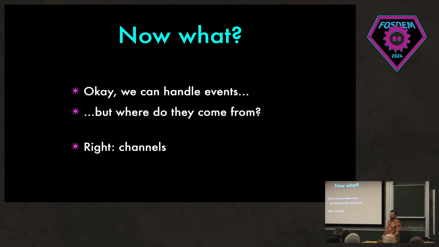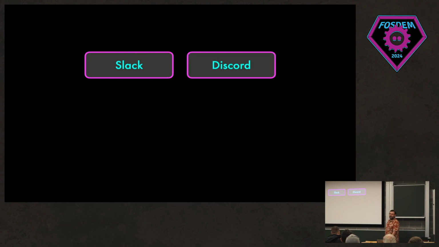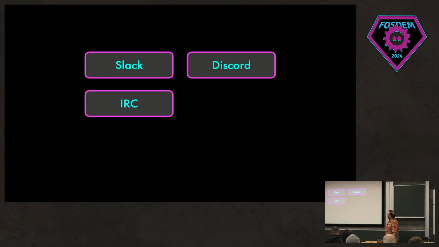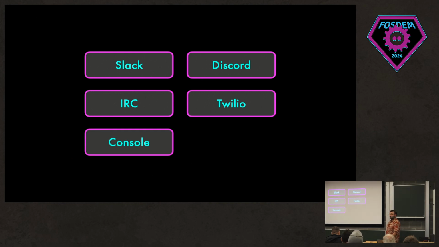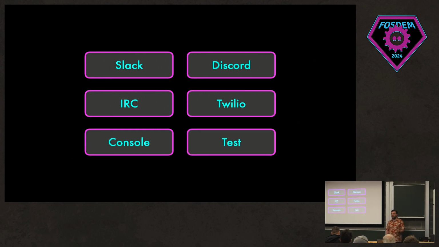But the short answer is don't. There's a Slack channel. You might remember from the top of this talk that we needed a Slack channel, and that's why we wrote this whole stupid thing. Synergy's not stupid. Synergy's great. There's a Discord channel because I don't do my personal chatting on Slack. There's an IRC channel, although it doesn't work. I'm probably going to try and bug Paul to help get some help on it. It works for a while, and it falls over. There's a Twilio channel, so you can SMS with your bot. There's a console channel we'll talk about, and there's a test channel because, of course, you can write automated tests